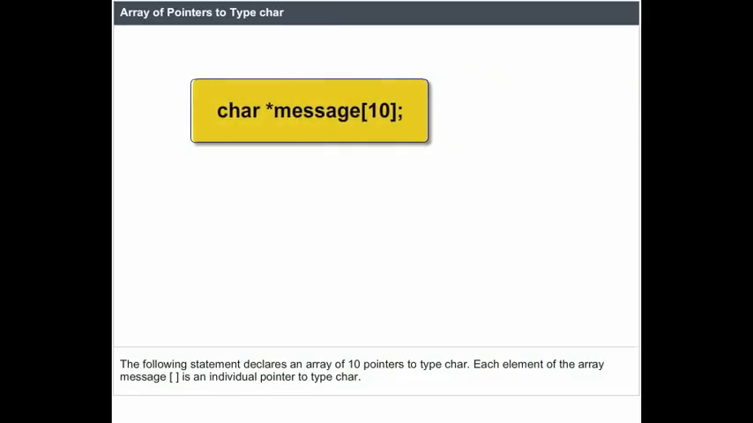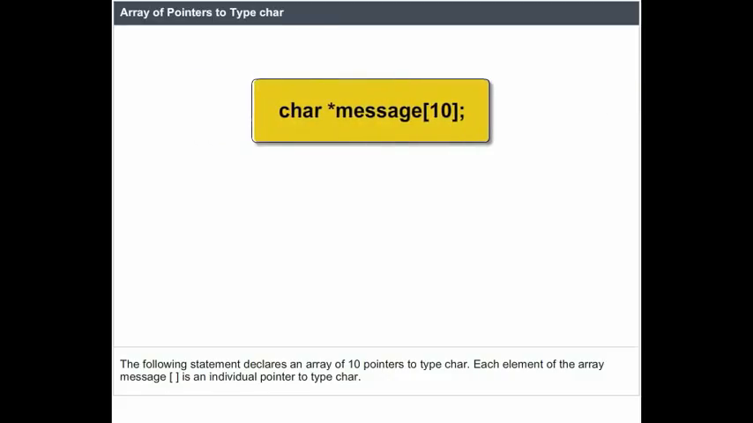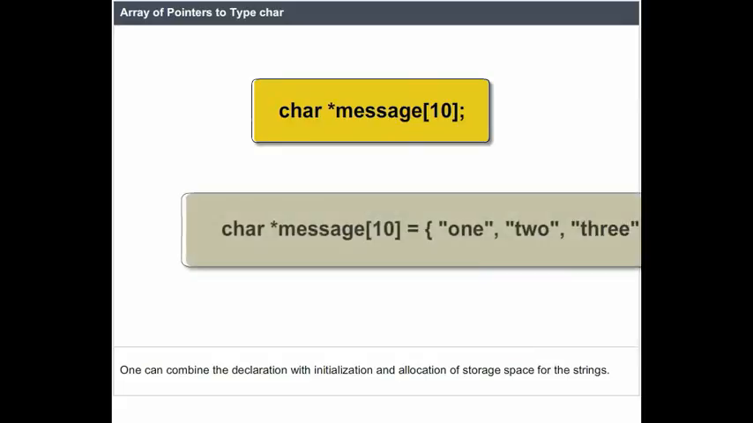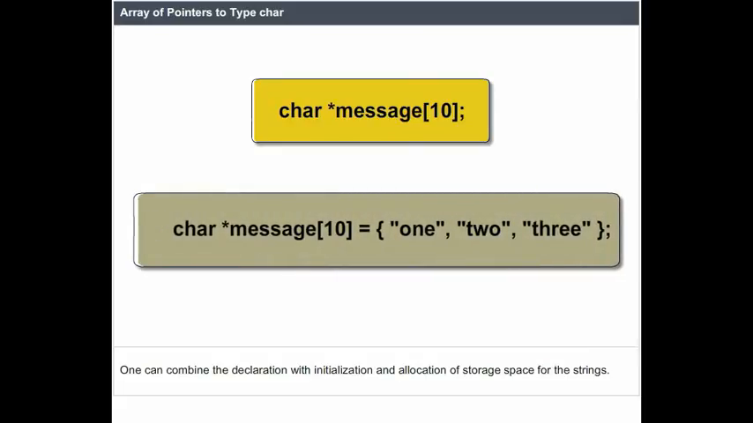Arrays of pointers to type char. The following statement declares an array of 10 pointers to type char: char *message[10]; Each element of the array message[] is an individual pointer to type char. One can combine the declaration with initialization and allocation of storage space for the strings: char *message[10] = {"1", "2", "3"};